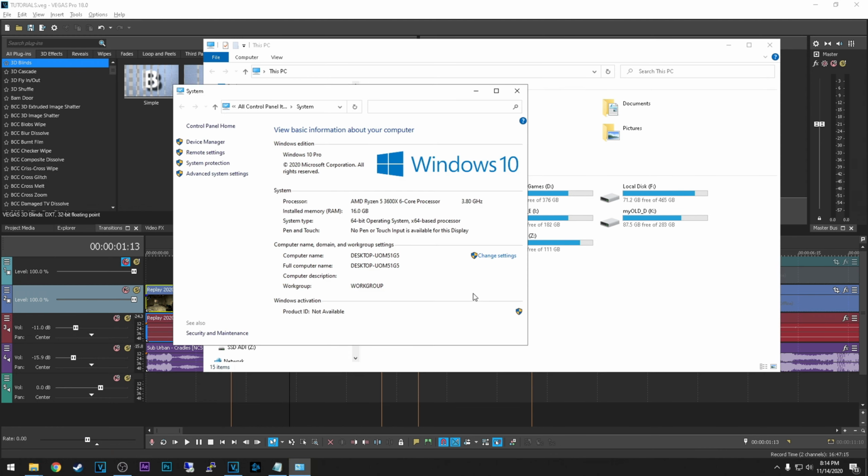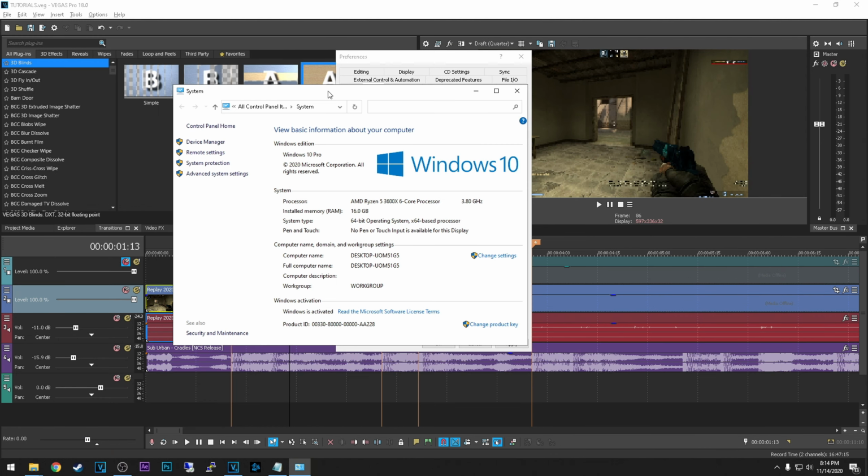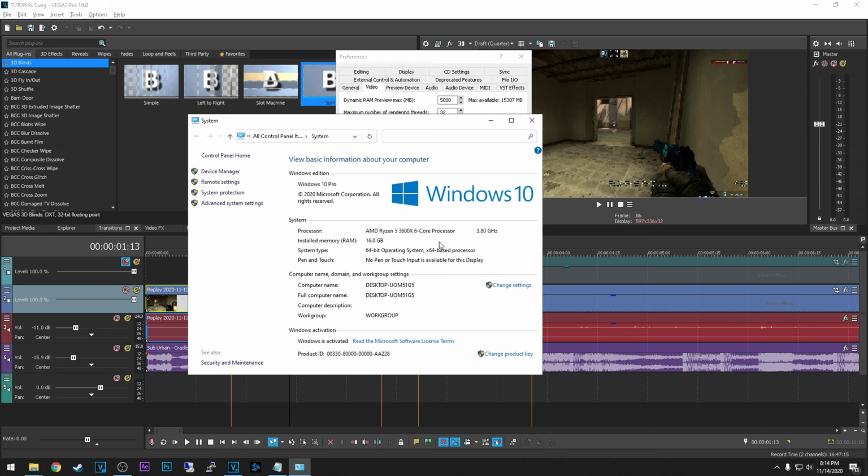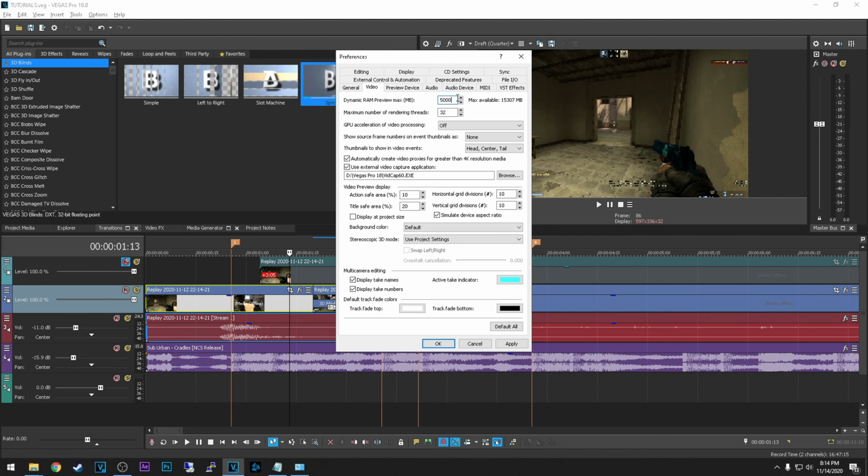Maybe you already know it, but there might be some guys that don't know it. So check how much memory you have in your computer or laptop. So I'm currently on 16 gigs, and I recommend you to add a third of your RAM and allocate it to Vegas Pro. So I just typed in 5000 and that should be good enough.